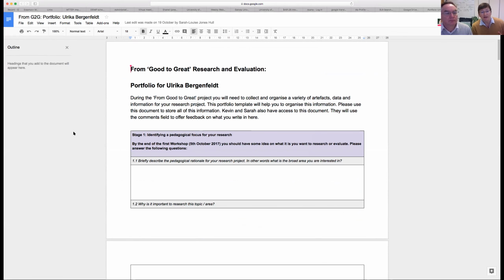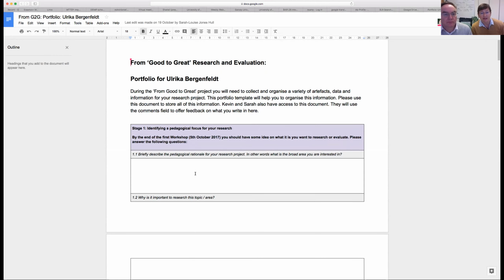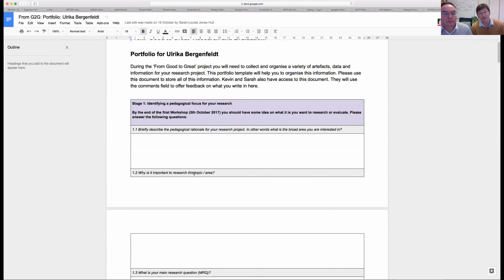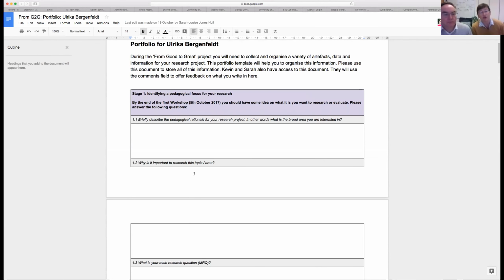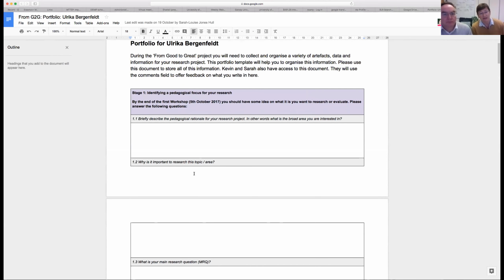The portfolio is made up of several boxes, and those boxes take you through all the various stages of the research process. So stage 1 is around identifying your pedagogical focus, and most of this has already been done, and it's just a case of getting your research question finalised. We'll be using these portfolios to give you one-to-one support.